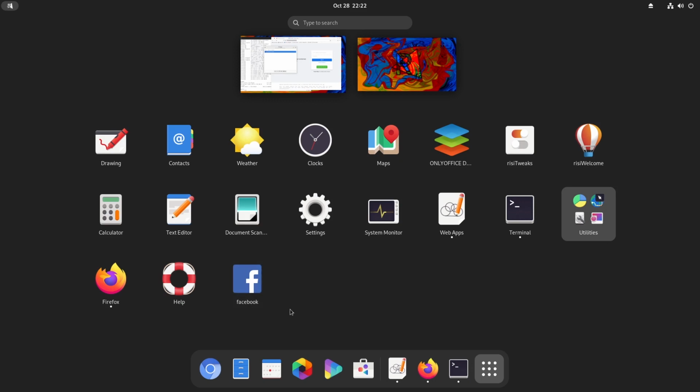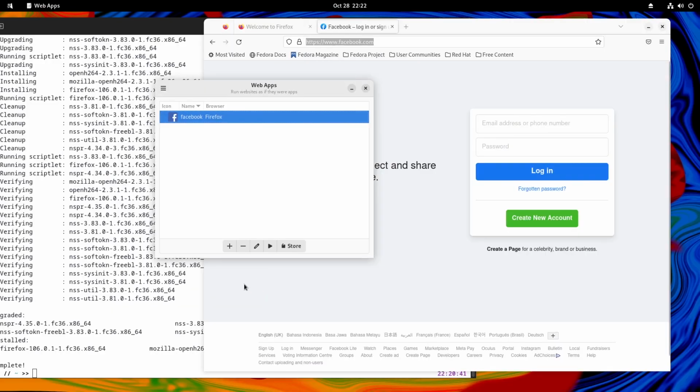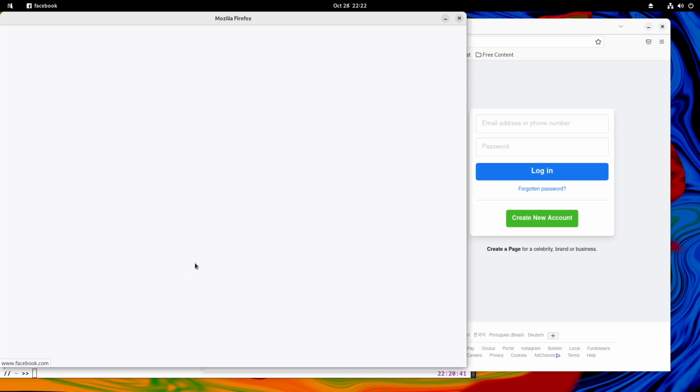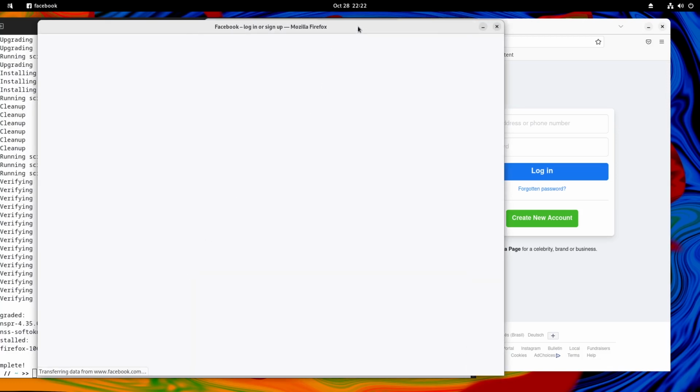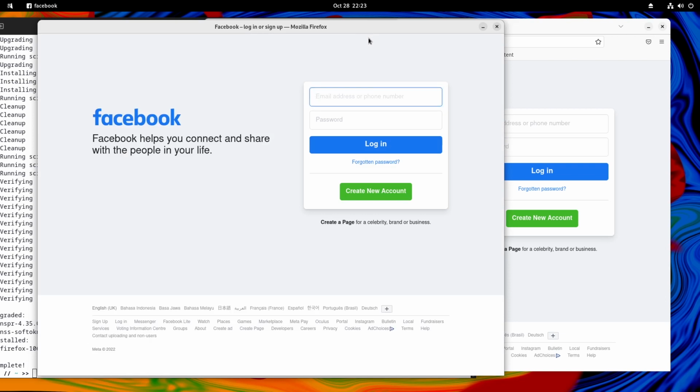Let's see what will happen with these apps. We can see in here, now we have a new launcher for Facebook. So this is Facebook. It's like an app.